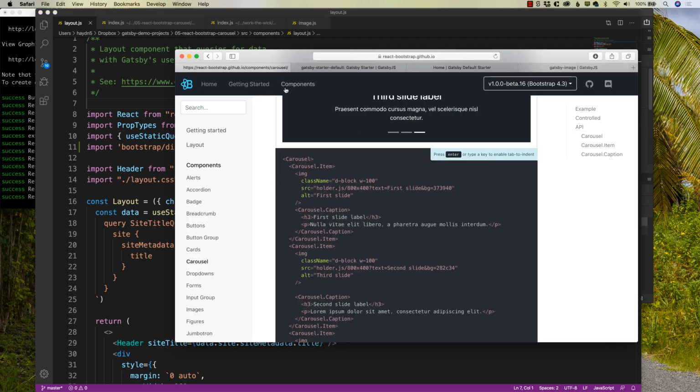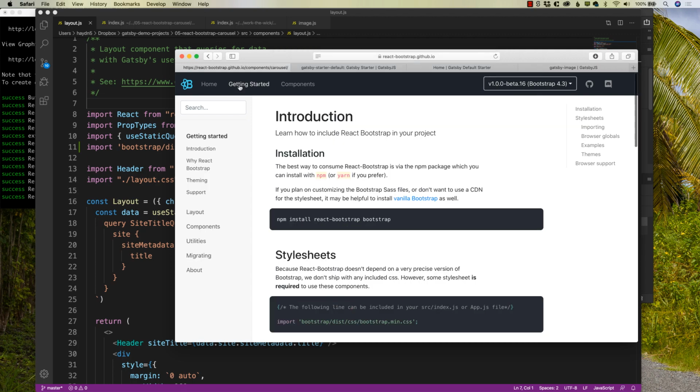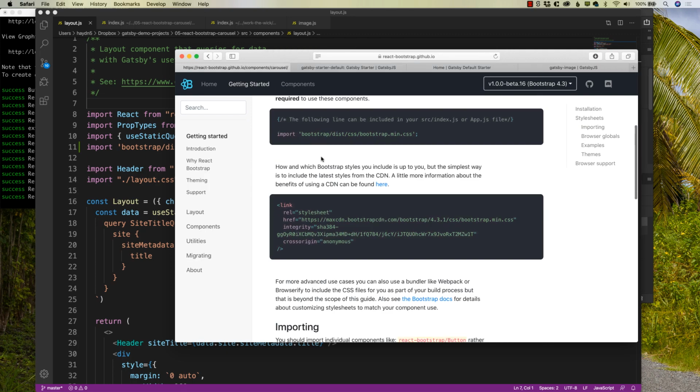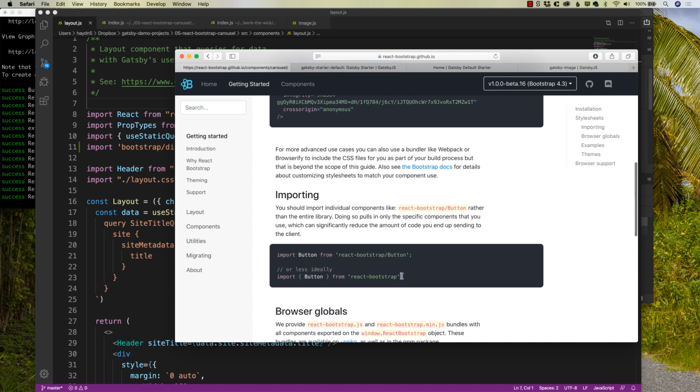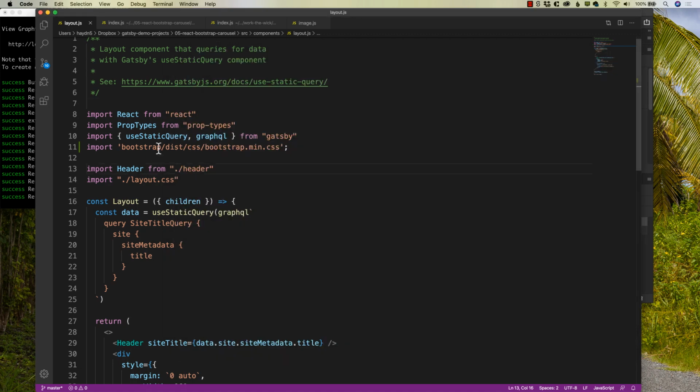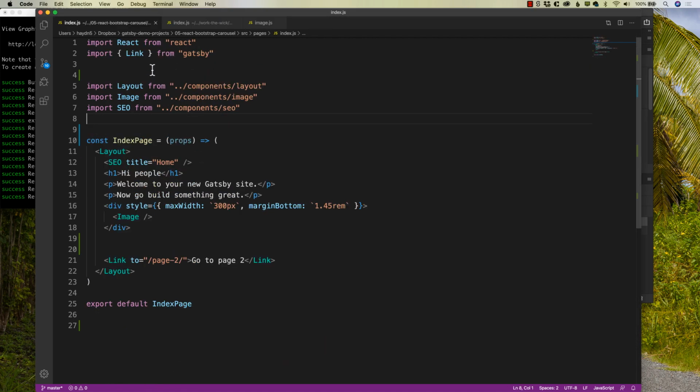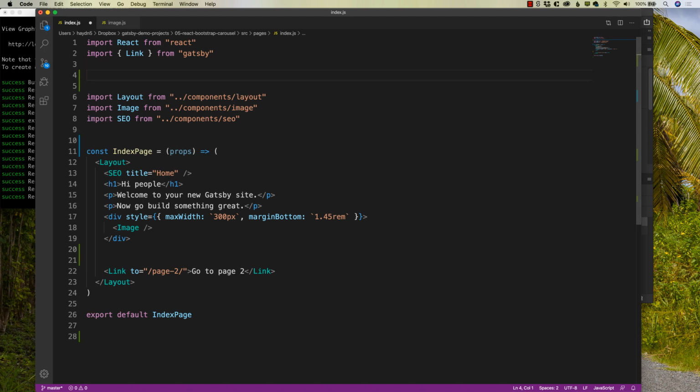So if we look at the actual components of the design, or if we go to Getting Started, let's go back one step before. Whenever you utilize something from React Bootstrap, what I'm going to do is import, I'm going to say import not button, but carousel. I'm going to do it on the actual index file. So if I go to index, up here at the top, I'm going to say import. Now, of course, I'm going to change button to carousel. There it is. And if we save it,